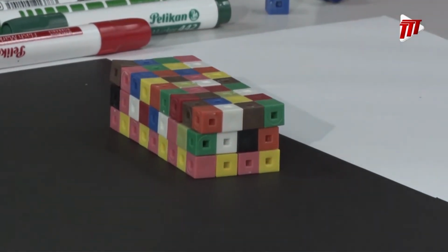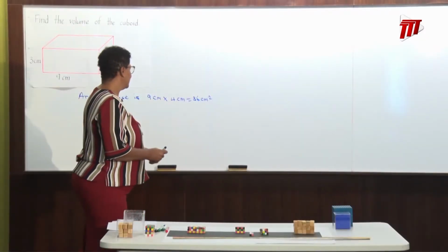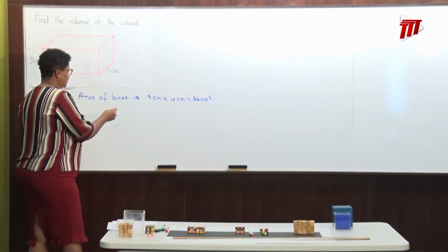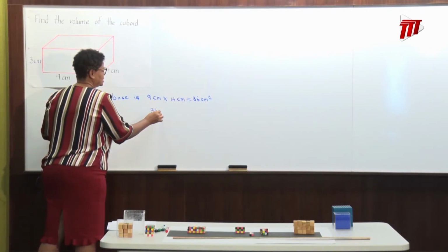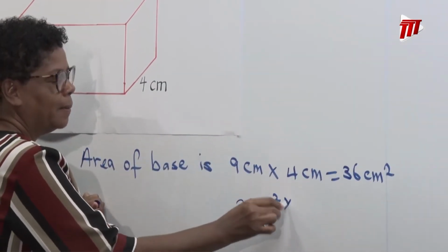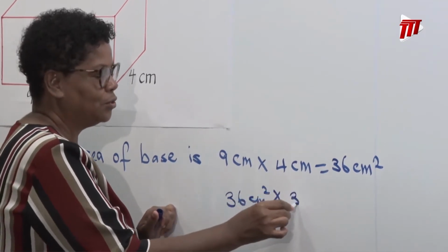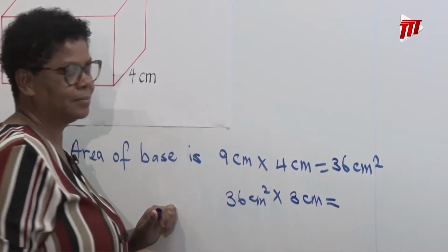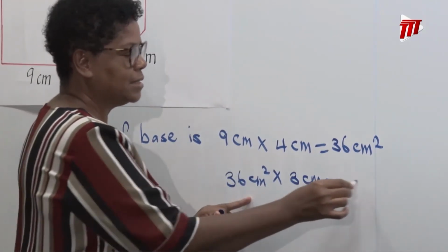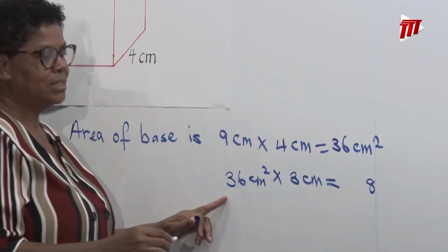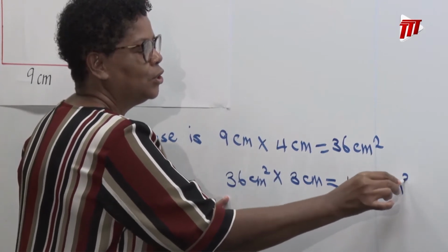So the final step in finding the volume of this cuboid is to multiply our area, which is 36 square centimeters, by our height, which is 3 centimeters. And that will give you 3 times 6 is 18, 3 times 3 is 9, and 1 is 10. 108 cubic centimeters,